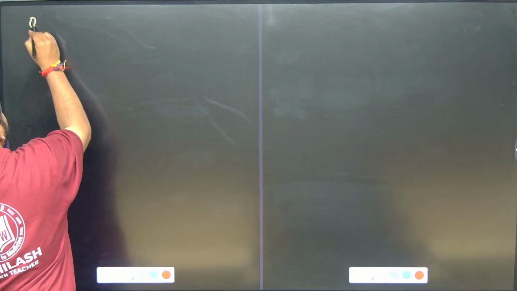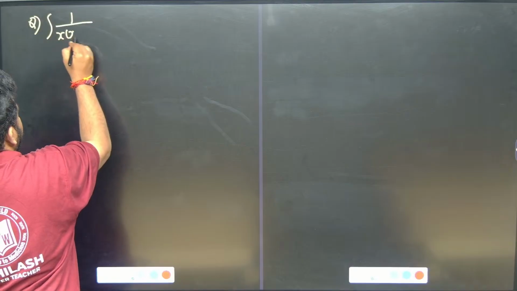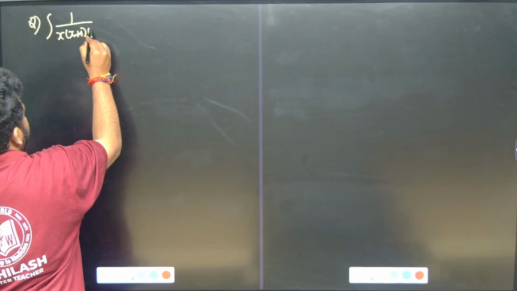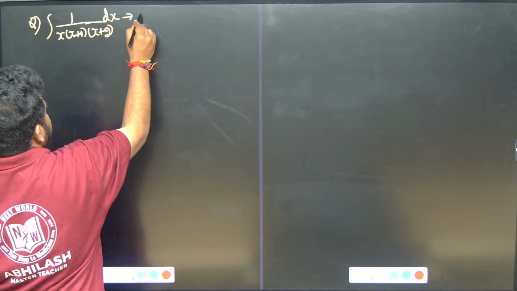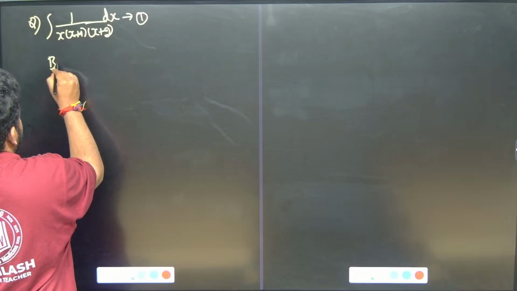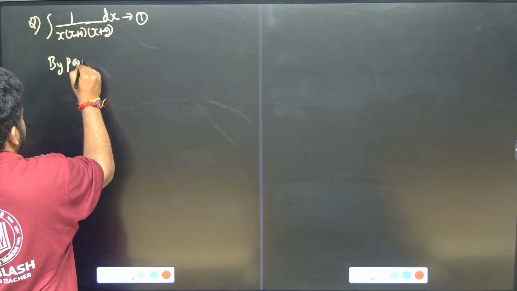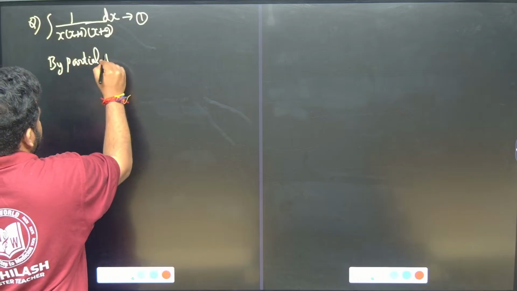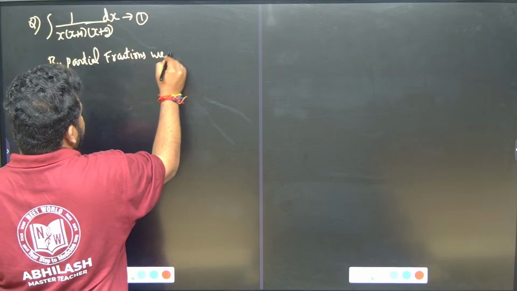So the question that they have given is to integrate 1 by x into x plus 1 into x plus 2, dx. Let us take this as equation 1. By partial fractions, we can write